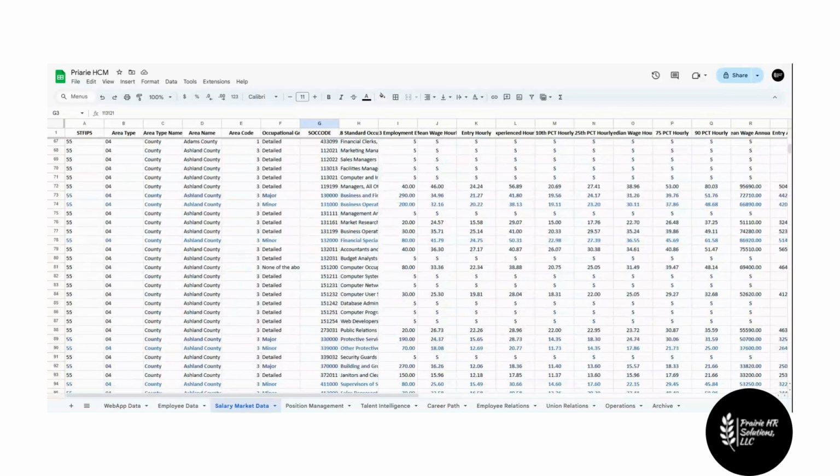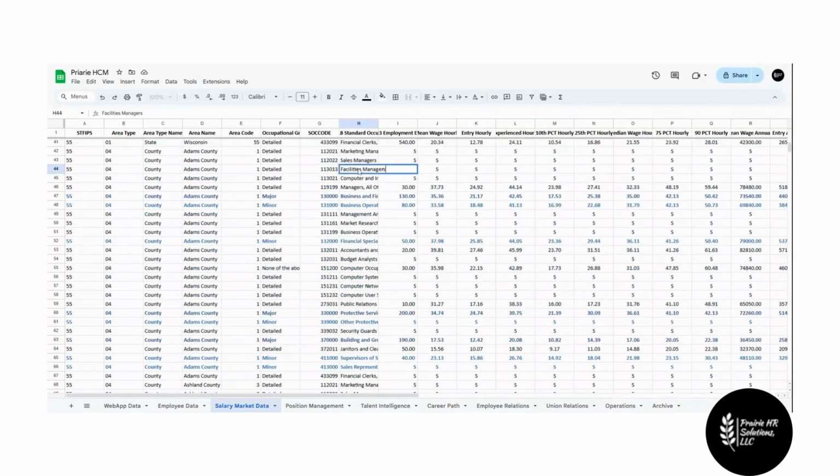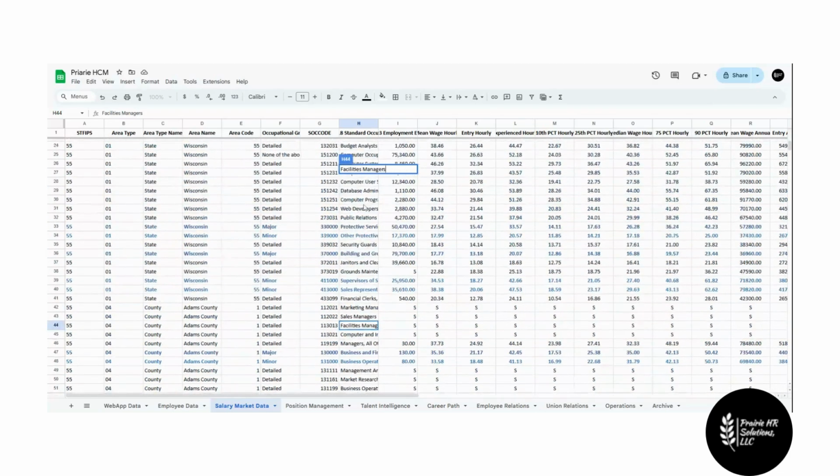Now, if you come over here and look at, say, our spreadsheet. This is a spreadsheet of just salary market data, but I didn't go through and check to see if their facilities manager actually aligns with our facilities manager and so forth. We're just going to say that it does for the sake of instructions. But if you were doing this in real life, of course, you would ensure that your web developers match the job descriptions and the scope and responsibilities, that you're comparing apples to apples with what the web developers in your salary survey states. But this is just a salary survey that I pulled for Wisconsin,